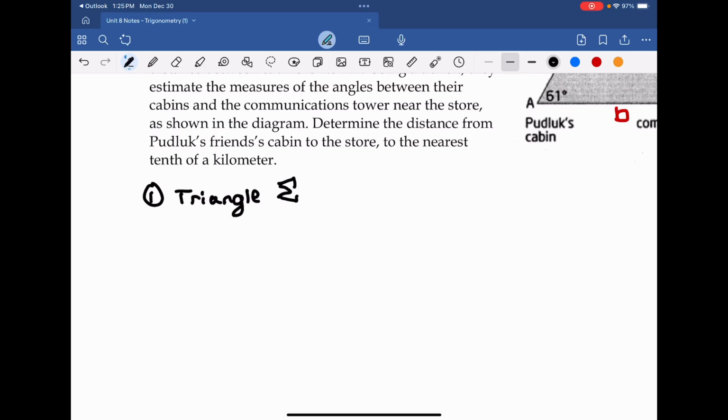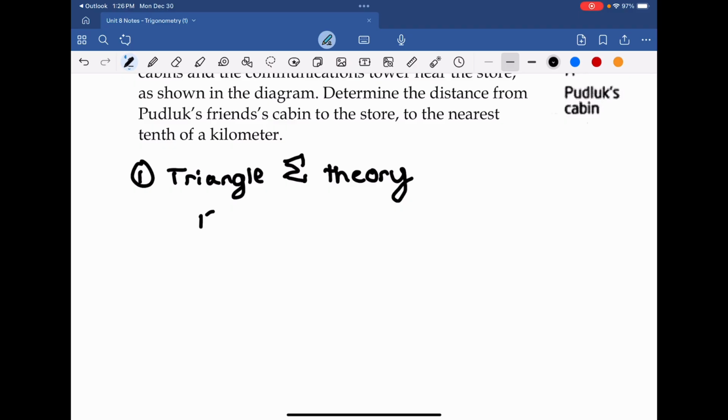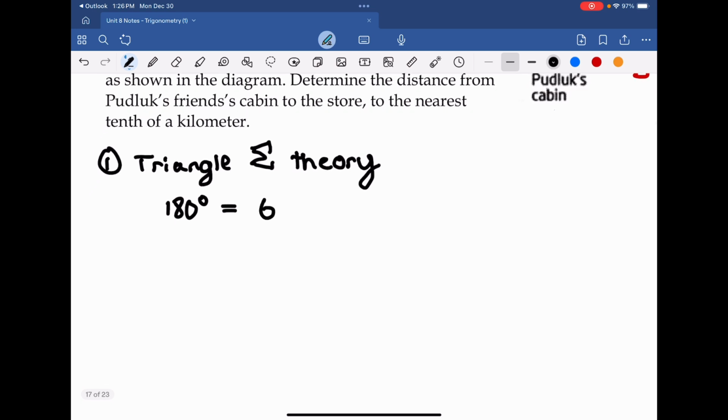Now I'm going to use sigma just as a way to represent this sum, because we know that this symbol here, which is sigma, is the sum of the interior angles, or the sum just generally. So triangle sum theory says that they should all add up to 180. And if we have this, then we're going to say, well, 180, which is the total, is equal to our first two degrees, which are 61 and 88. So 61 plus 88